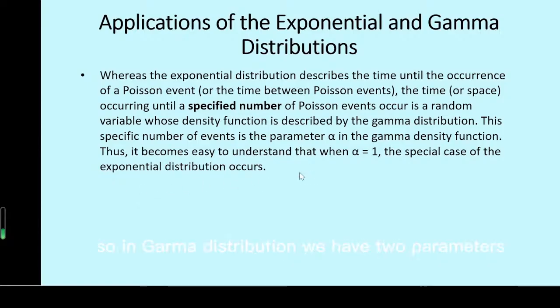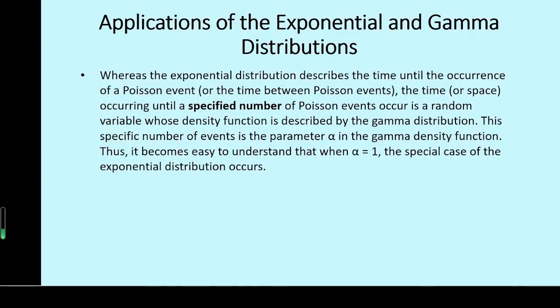So what does this mean? In the gamma distribution, we have two parameters, alpha and beta. We have talked about beta being the mean time between events, because both the gamma distribution and the exponential distribution come from the Poisson process. A Poisson process is events occurring during a specified time period with lambda, the average occurrence rate. So if we want to model the time interval until the next event, this is an exponential distribution because